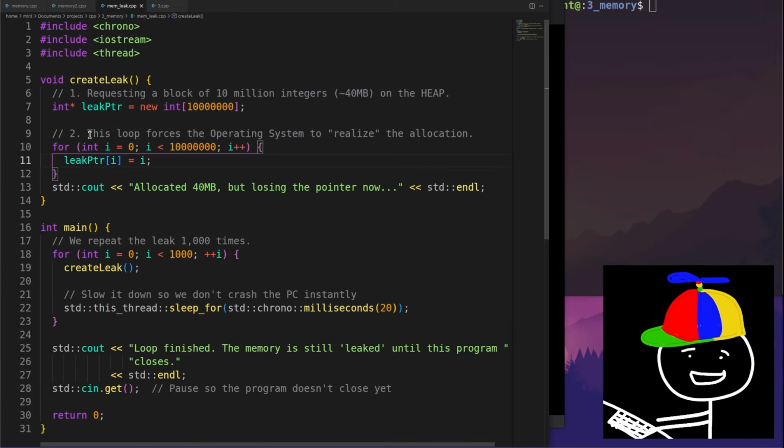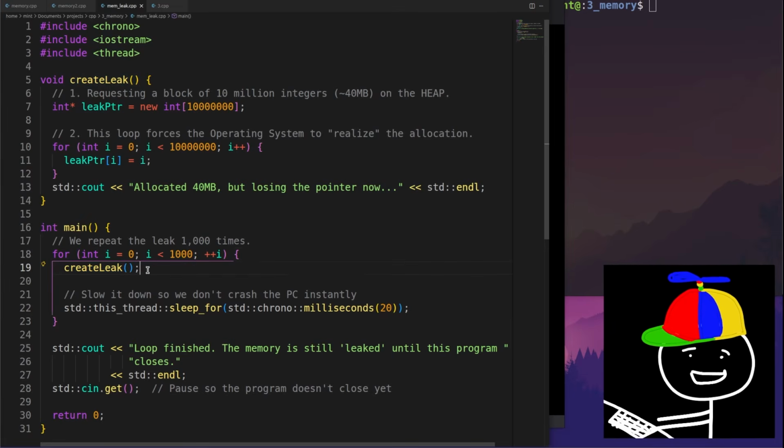This is necessary because I tried it without this, and the compiler was smart enough to notice that we're not actually doing anything with this allocated memory, and it didn't result in a memory leak. So that's why we have to put some values inside of this array that we've allocated. And then we're just printing to the console what's going on. In our main function is where we call this createLeak function, up to 1,000 times.